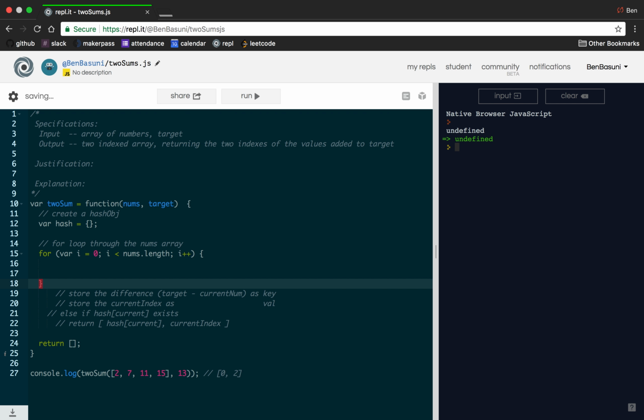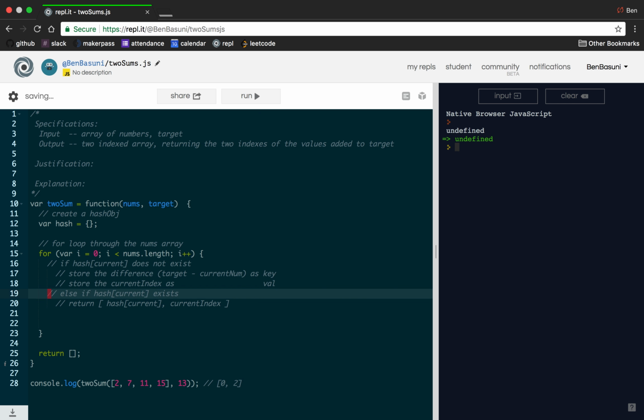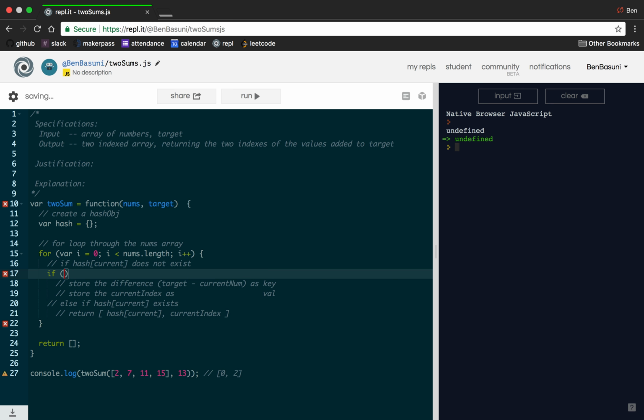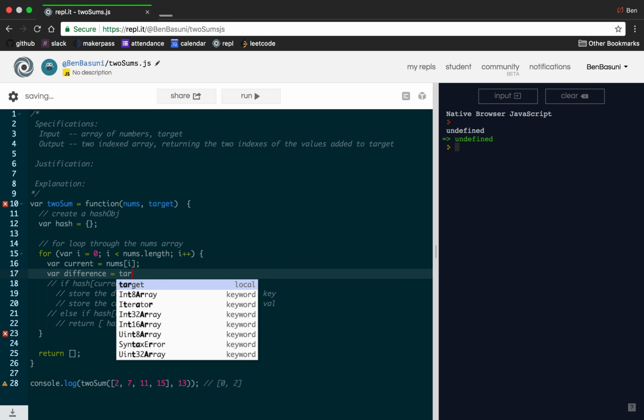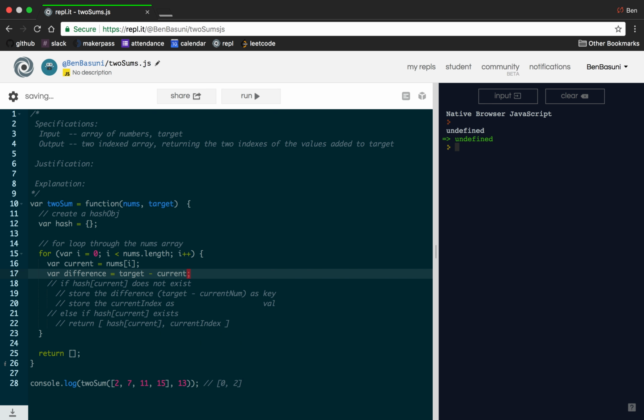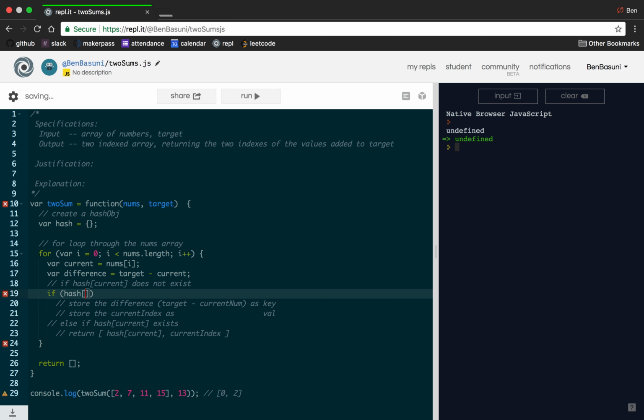And all I want to do here is store current, which is going to be nums I. And I want to store the difference, which equals the target minus current. So I want to check if hash current does not exist or is undefined. So if hash current is undefined,